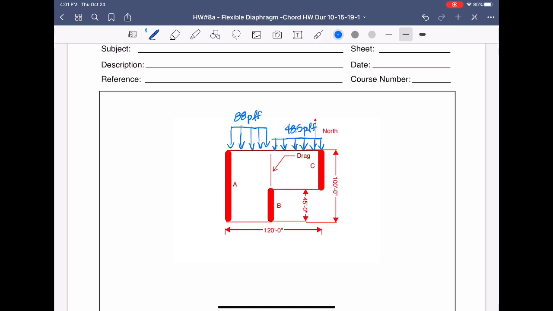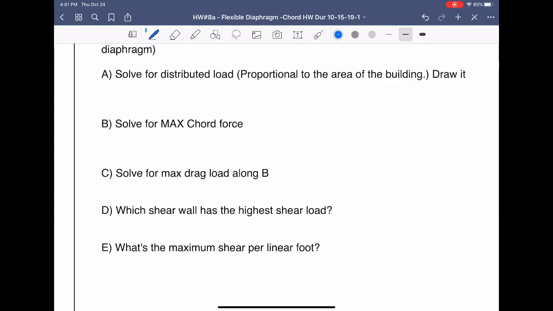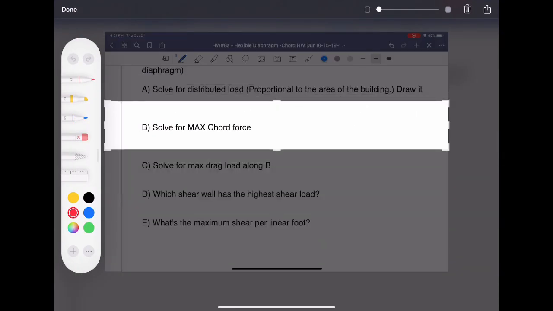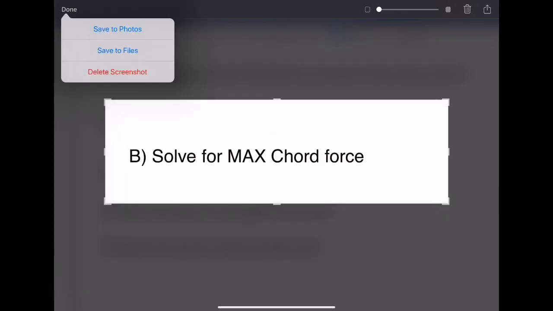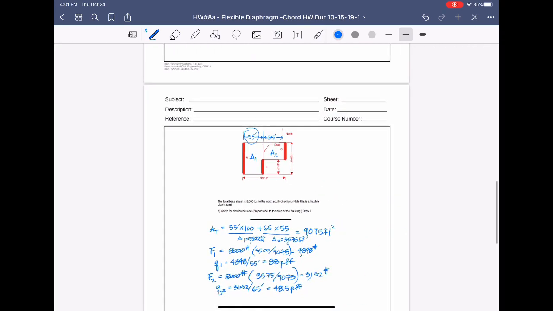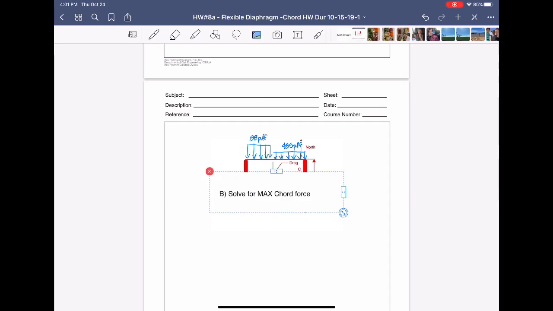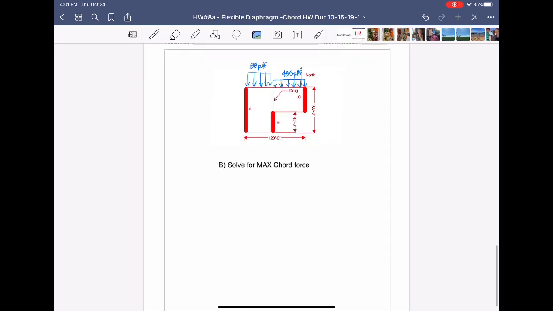Okay. So we move on to the next question. Well, what's the next question? Solve for the chord force. Okay, so if we cut that, we're going to solve for the max chord force. Well, it's pretty easy,